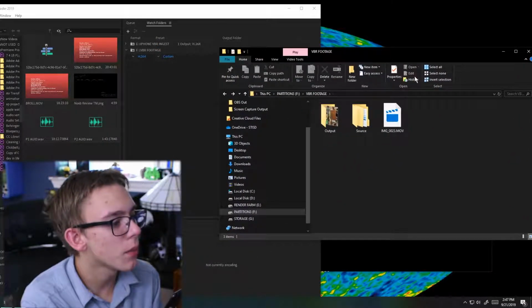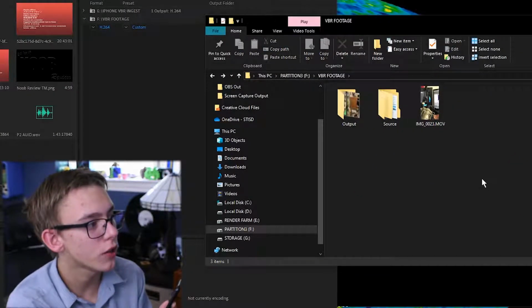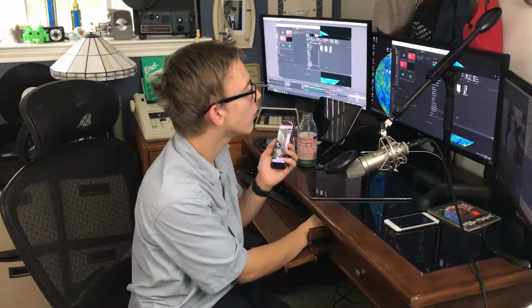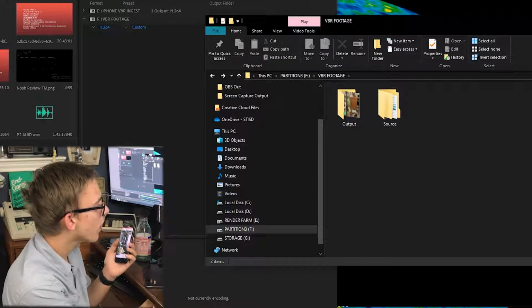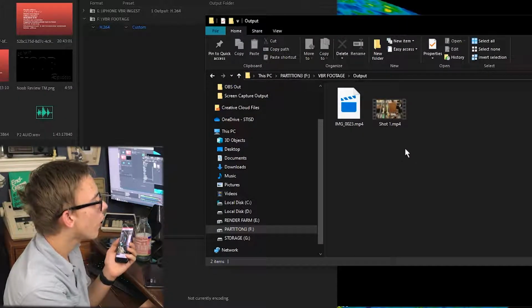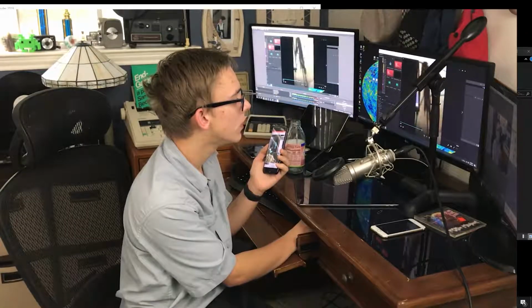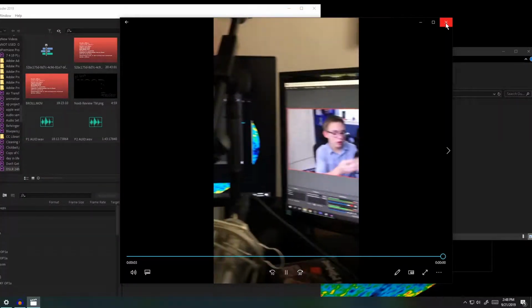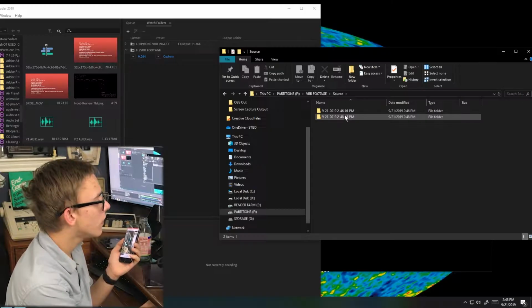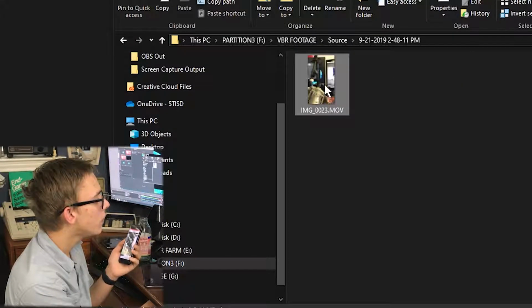And then we can see this happen in real time. There's the file that just transferred from my iPhone, and you always have to have the program open in order for it to be rendering. And as you can see, it just did that job. Now this is gone, and if we go into output, we have shot 1 and then the one that I just recorded. As you can see, that's really smooth. And the source, if I go to the newest one,